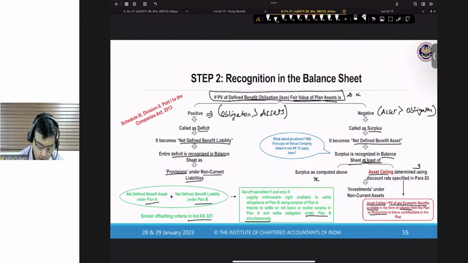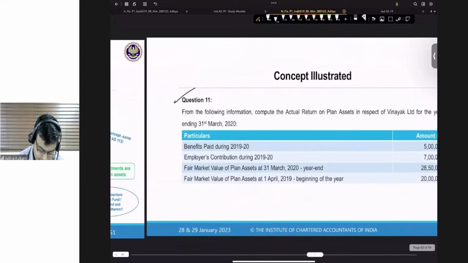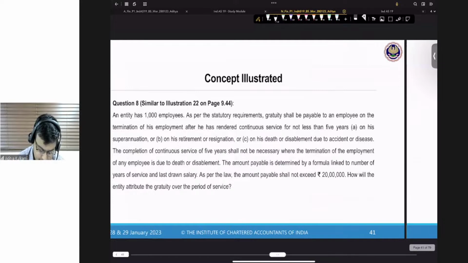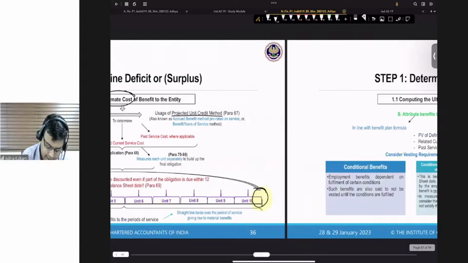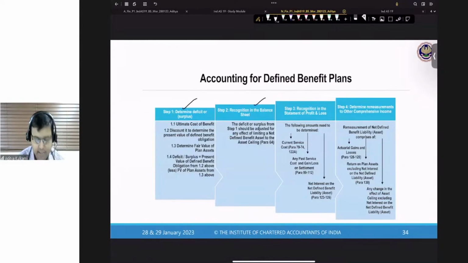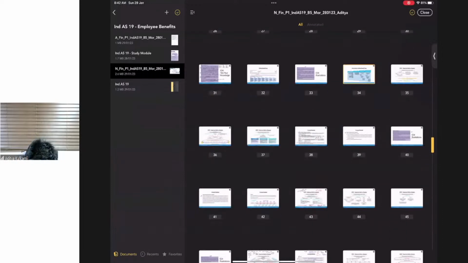In all, we had how many steps? We had in all 4 steps. If you look at the initial discussion, we had in all 4 steps. Determine deficit or surplus, that is done. Recognition in the balance sheet, that is also done. Recognition in the P&L is what we are doing now. And remeasurements to OCI is the last part. So now we come to